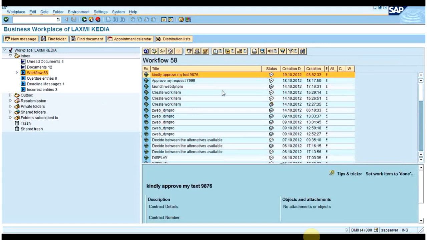We will see in the table whether that sales order number has got saved in the database or not. So going to SE11, the table name was test underscore work 4. Once I display it,